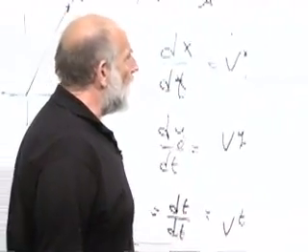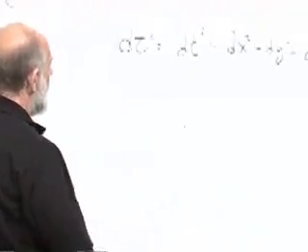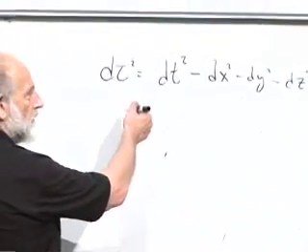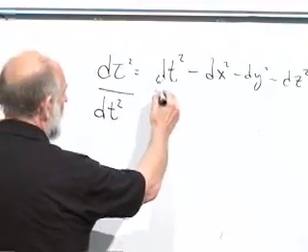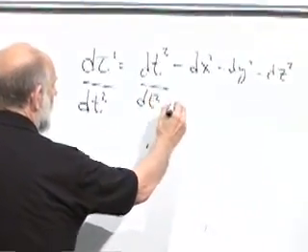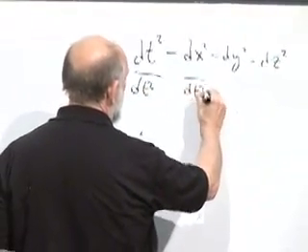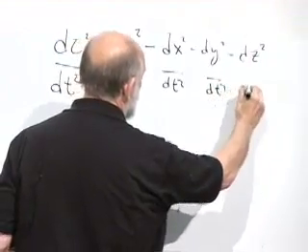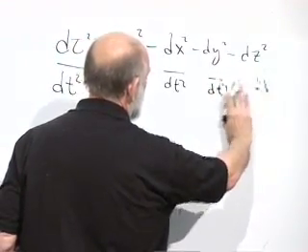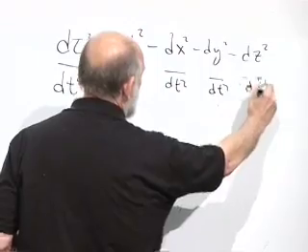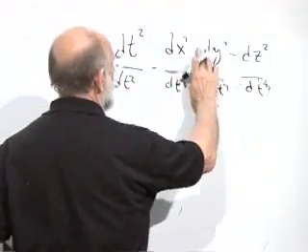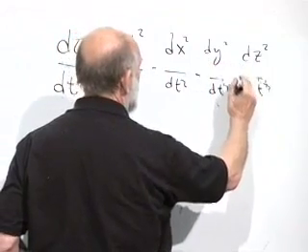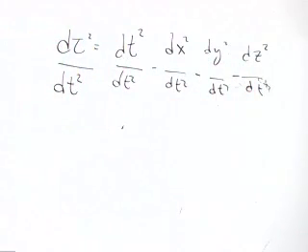Okay. Now, let's divide this by dt squared. Well, this is just 1